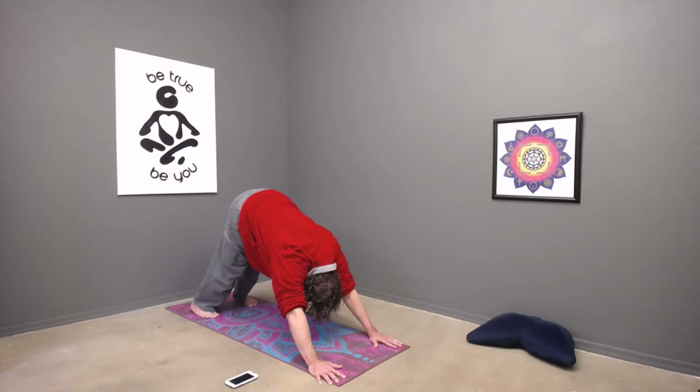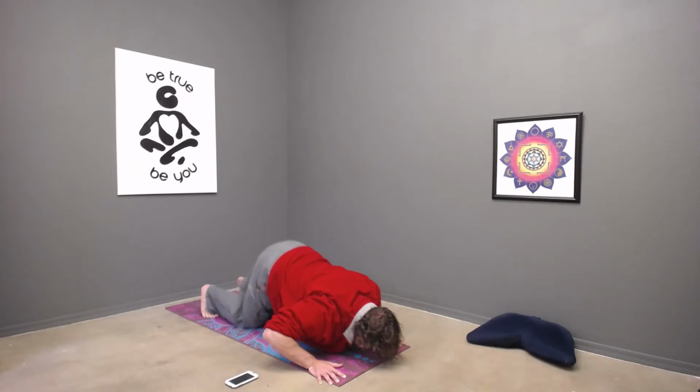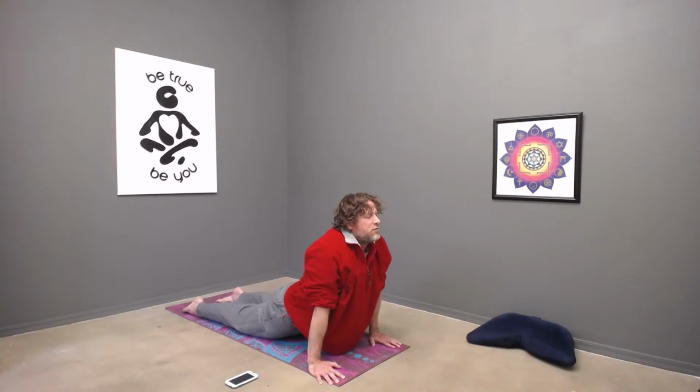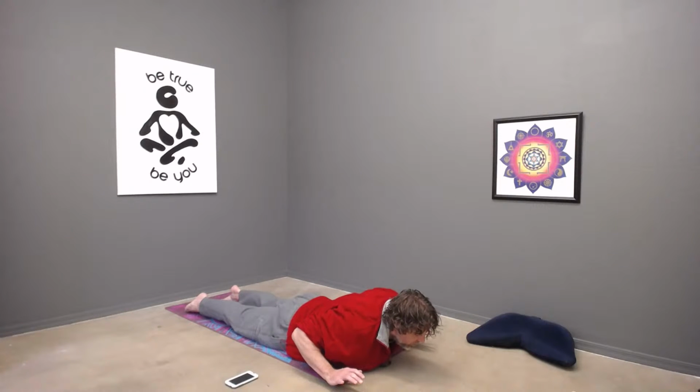Then you slide into the upper dog, or modify it how you have to. You drop down to the knees and the chest, you slide up. With the upper dog, tops of the feet are to the floor. Of course, the palms are to the floor. Head is dropping back. And if you need to modify it, you go down to the cobra, the small cobra,